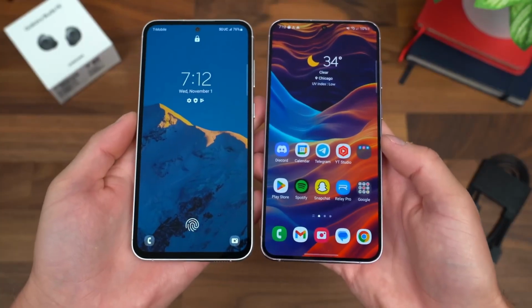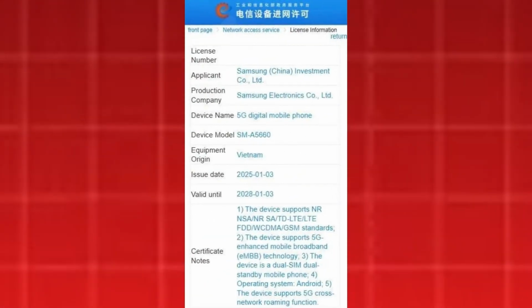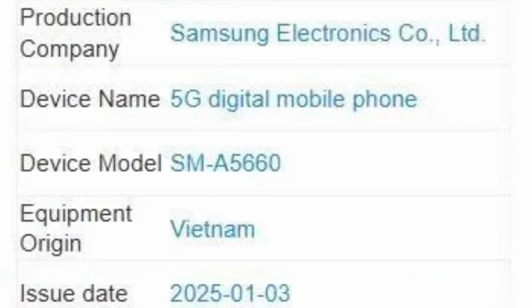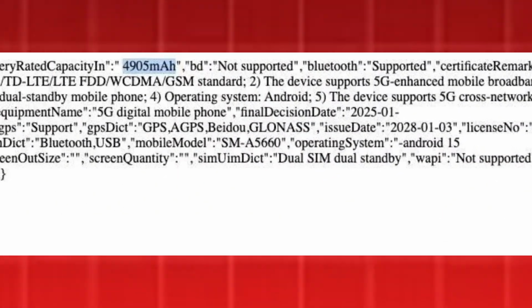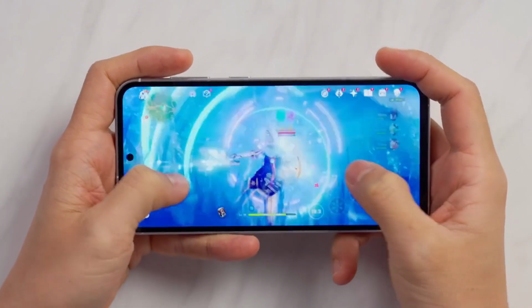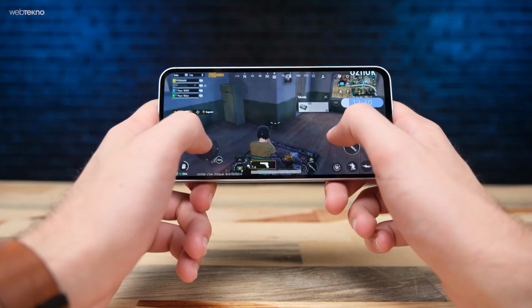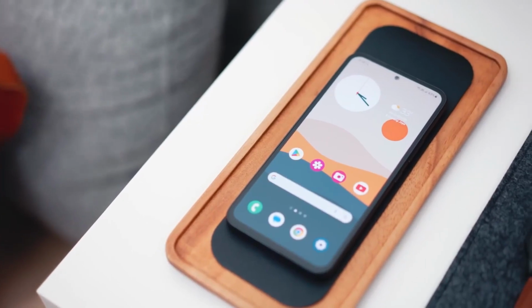The device has now cleared another hurdle on its path to launch, receiving certification from China's Ministry of Industry and Information Technology, MIIT. The Chinese variant, carrying the model number SM-A5660, has been approved for sale. According to the certification, the A56 features a battery rated at 4,905 mAh. Since manufacturers advertise the typical capacity, which is slightly higher, it should be around 5,000 to 5,100 mAh. As expected, the phone supports 5G, GPS, and dual SIM functionality and will ship with Android 15 and One UI